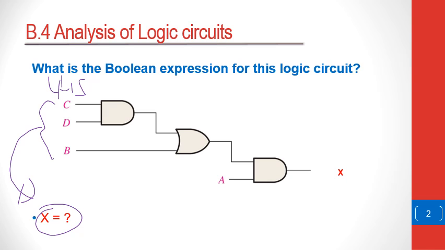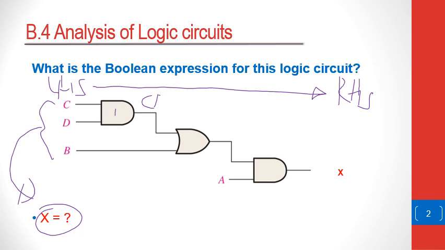Beginning from the left-hand side, you take the output of the gate one at a time all the way to the right-hand side. So in this case, we'll say the output of this first gate on the left-hand side